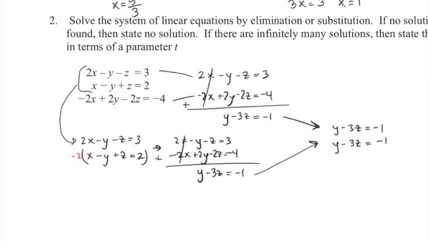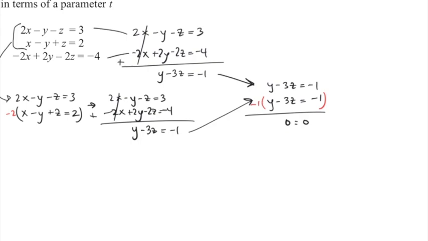In this case, since they're identical, if we try to do elimination method, for example, what we'd end up with is the variables cancel, constants cancel, so we have 0 is equal to 0, which is an indication of infinitely many